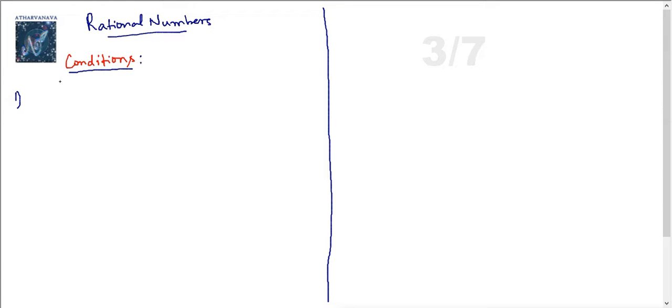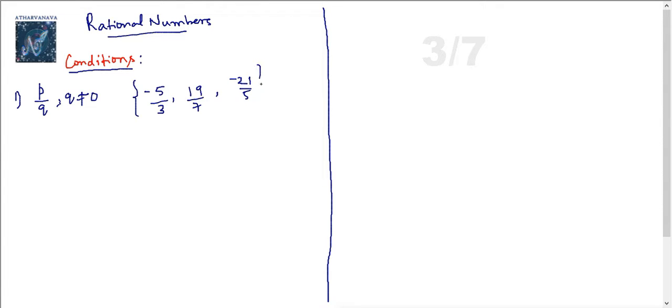So, there are some conditions to be obeyed in rational numbers. The first one is, as I told you already, P by Q form where Q is not equal to 0. If you remember, in my last session I told you I'd be discussing why Q should not be 0, and we will discuss that in a minute. Before that, remember that it should be in this form or this form or this one. Any one of these is a representation of P by Q form. So, definitely they are in P by Q form and it is a rational number.